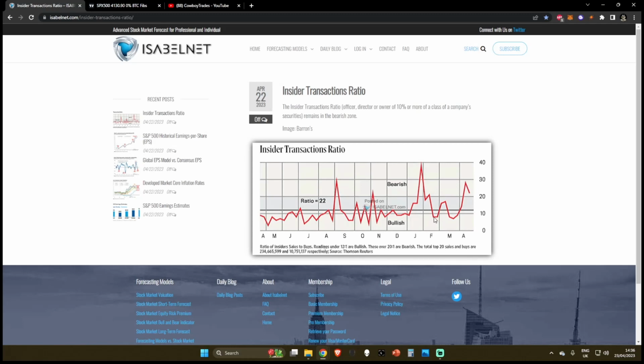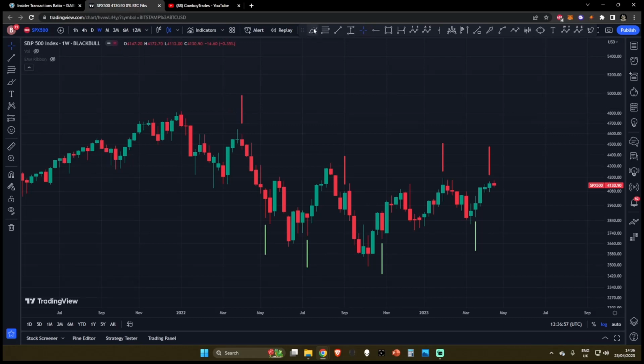Coming into February over here, this wasn't a major drop to the downside. Like I said, I like to look at these points which really start to come to the downside. And you can also say, hey, this one coming in late March was also pretty bearish, so you can mark this one as well. When we look at these data points, you can see the S&P 500 insiders sold their